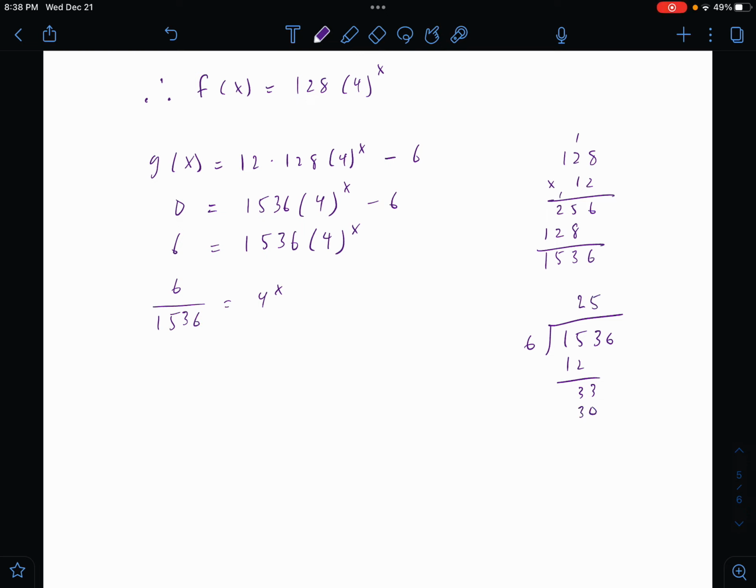So 30, subtract, we get 3. Bring down the 6. How many times does it go in? 6 times. 256, so not too bad. So 1 over 256